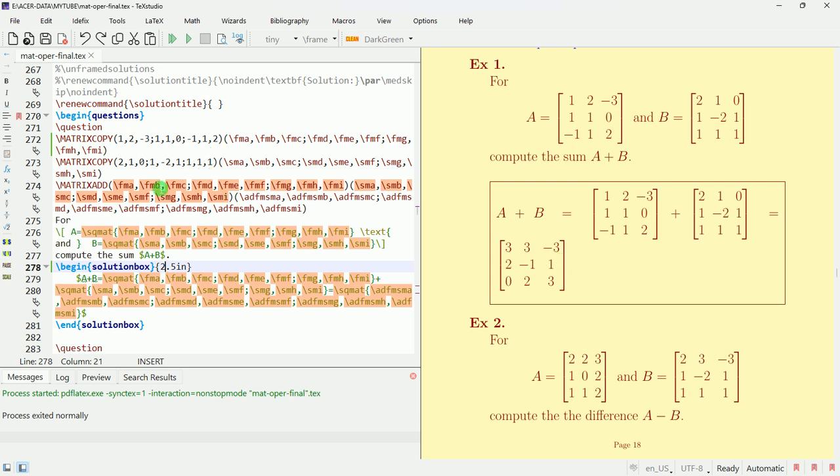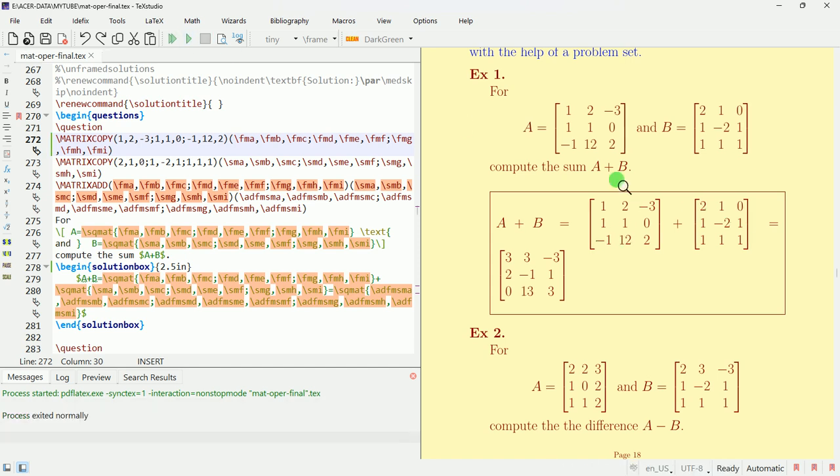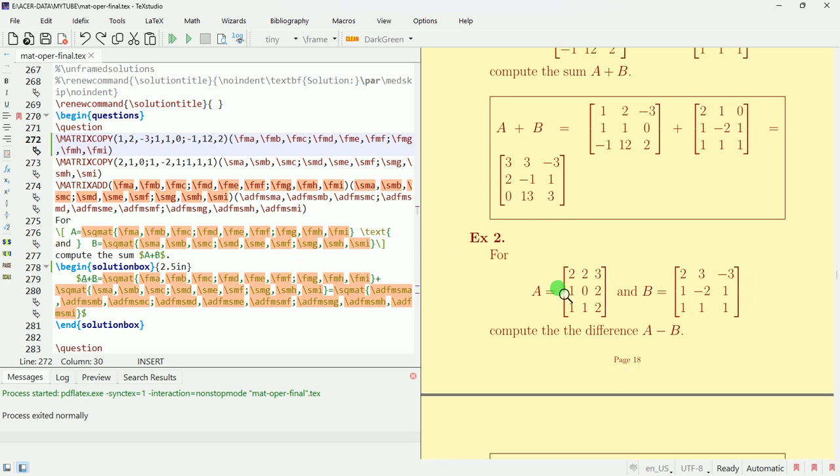So let us now change this one to say 12. So the last entry, this one, I have made it 12. So I expect this also should change. Let us see, I compile it. So this has become 12, and you see this has become 13. This is 12 plus 1, and automatically it is given 13. Okay. So similarly,